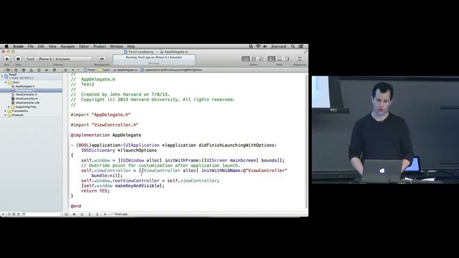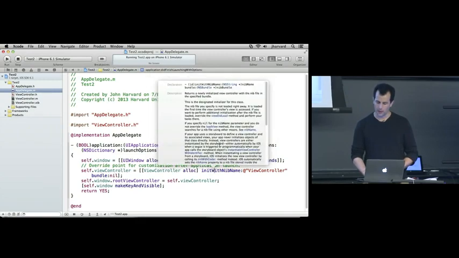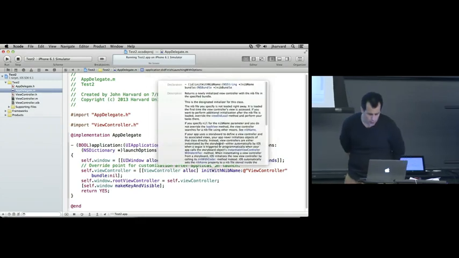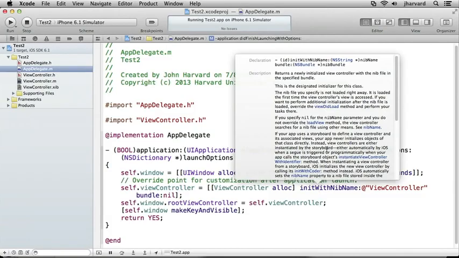Good question. So whenever in doubt, let me hold option. Let me go ahead and click on the method name. And here we have returns a newly initialized view controller with the nib file in the specified bundle. So if I keep reading here, if you specify nil for, let's see, where's the nib? So if we read long enough, we'll get to the discussion of the bundle. The bundle you can think of as